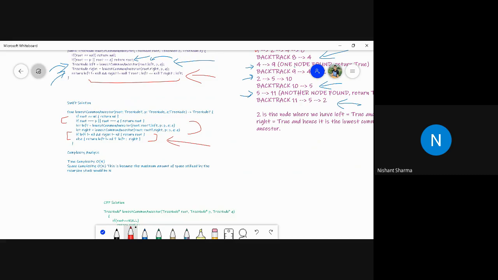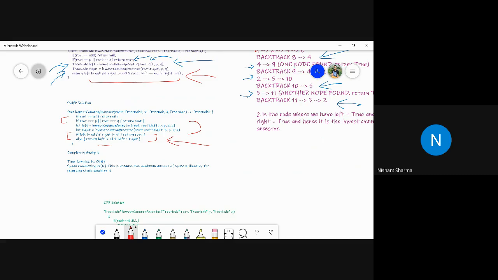So we first check if left and right both are not nil, it means root should be your parent. If either of them is nil, it means the if condition fails, we go into the else condition and we check if left is not equal to nil, it means the node is not nil, so we return left directly. Else, if left is nil, then we need to return right. So that's the logic. Got it. So the same is written in the Java solution itself.